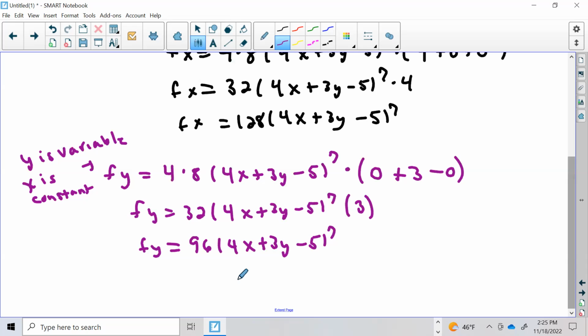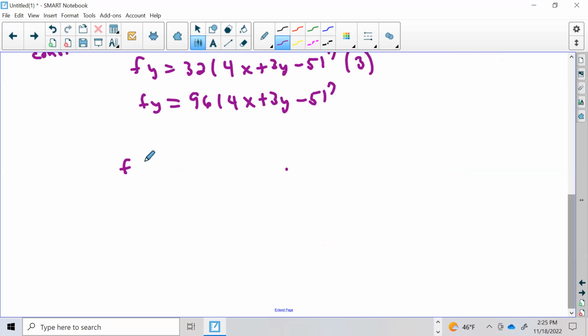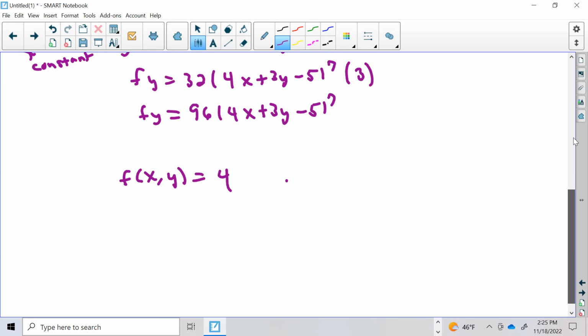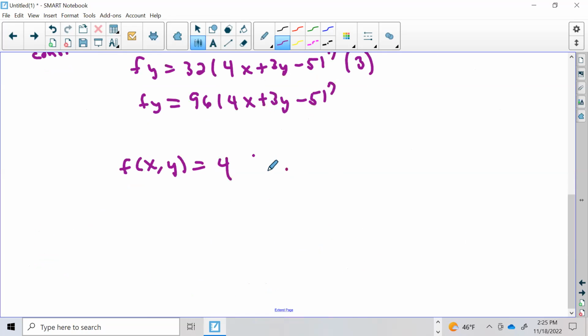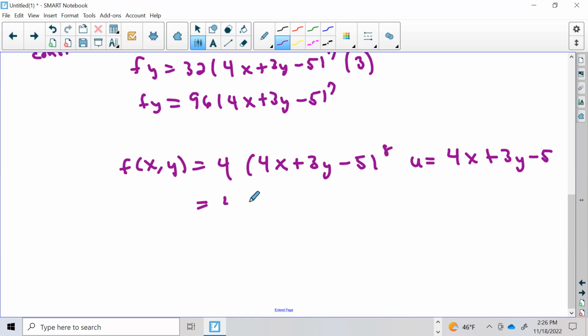One thing, if the chain rule with this confuses you, you can use that technique that one of the professors shows in the other videos, where you let u equal that inside. And then you make this 4u to the 8th. And then you're going to multiply by the derivative of u. So when you take the derivative of this,